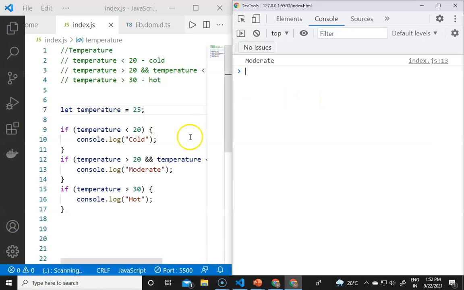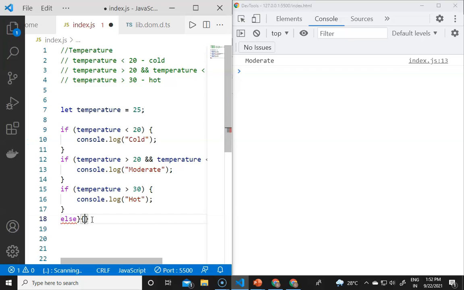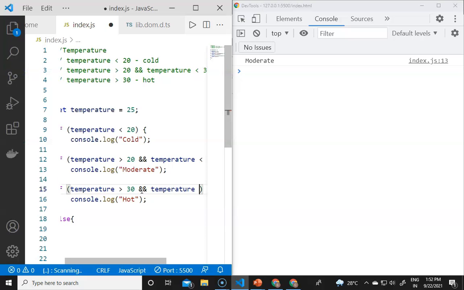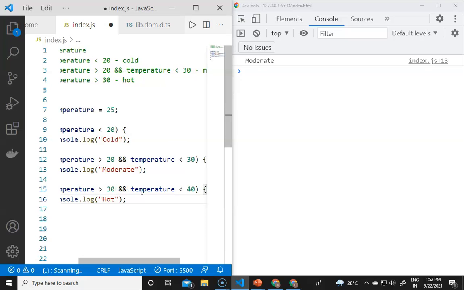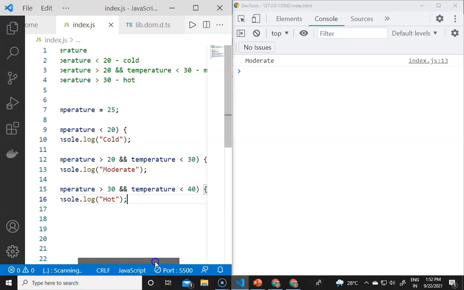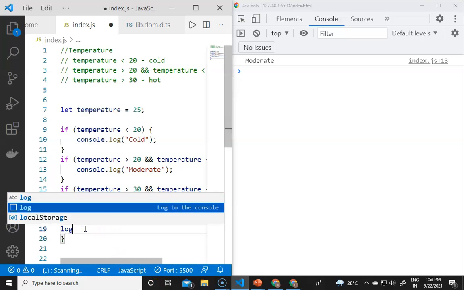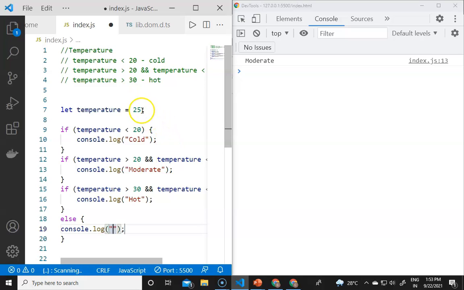So about the else condition, if I go here and do the else part, like if I remove this if condition, like if the temperature is greater than 30 and the temperature is less than 40 then it will be hot outside. So now after this else statement, if we console.log that, and if the temperature is like 50 here, then the else statement will perform, like it is very hot outside.